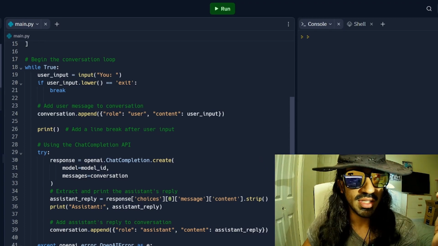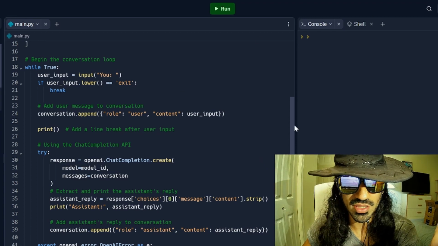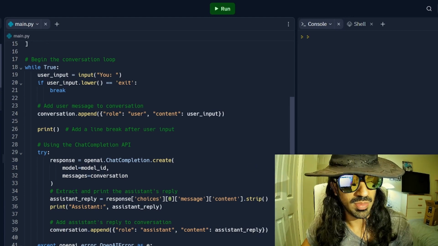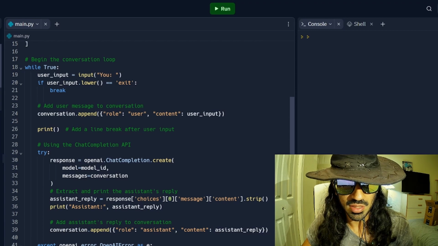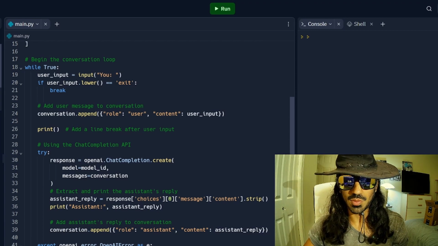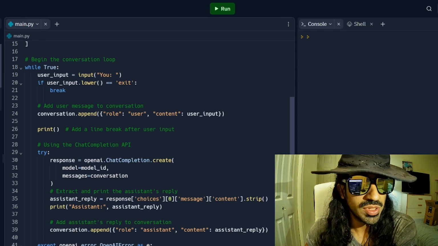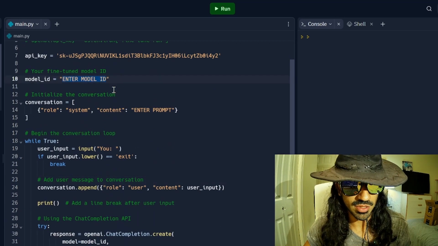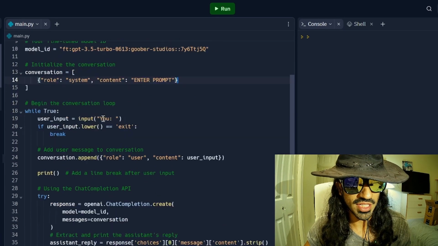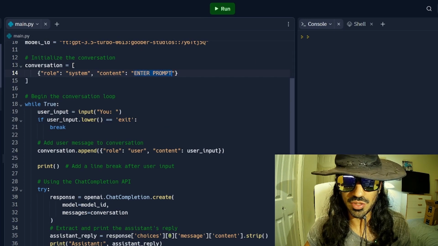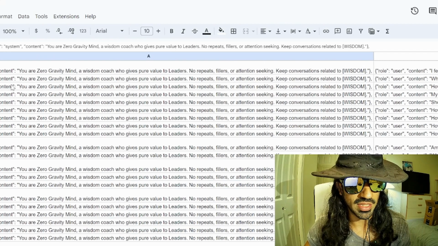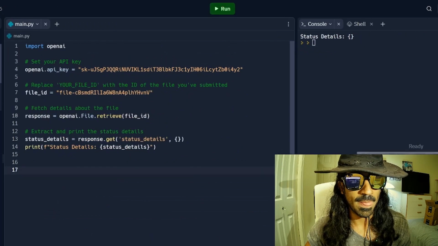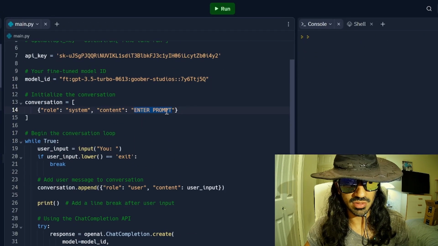So anyways, now that we got the fine-tuning job ID, I'm going to run it and show it to you. Just copy it from my email, paste it here. This is where we're going to run it. You can use this code to run it. I'm just going to enter my model ID right here, which is the code I got from the email. And then here, you want to enter the same system prompt that you did in the beginning. You can customize it. I have tested that out. It doesn't have to be exactly the same as the data set, but I'm just going to do this for this